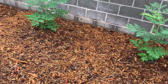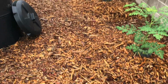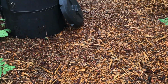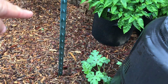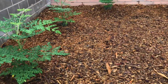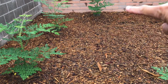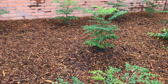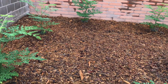This is actually a basin area I'm standing in. Right here is a line pretty much where you would have had to step up before. You can almost see it right here. There's like a line. Anyway, this has got like double or triple the mulch all the way around. The yard actually went down. It was like a square depression right here, and I filled it